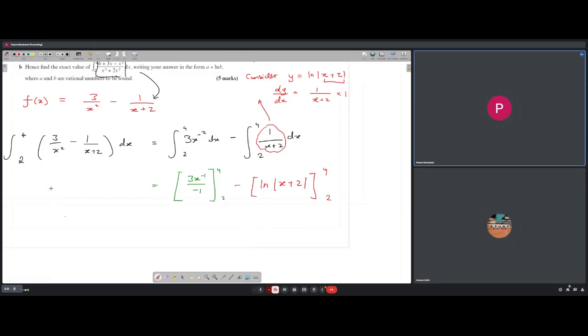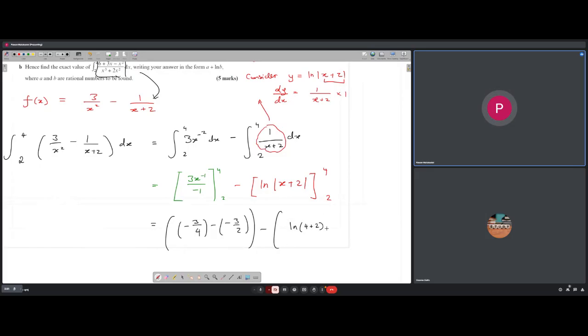Integrate 3 all over x squared. So you write that as 3x to the power of minus 2. So you're just adding 1 to the power and then dividing by whatever that new power is. Does that make sense? Actually, you know what? So this would just become minus 3 all over 4 minus 3 all over 2 minus